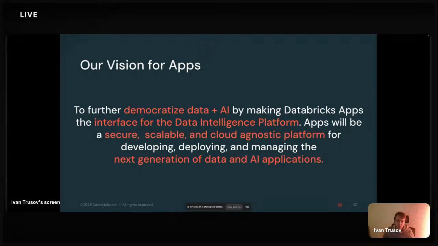Quite an important thing: what is our vision for applications in general? Why do we think that this is an important part of the product surface? Our idea is practically the following. Applications are a way to interact with the data intelligence platform, which Databricks is.